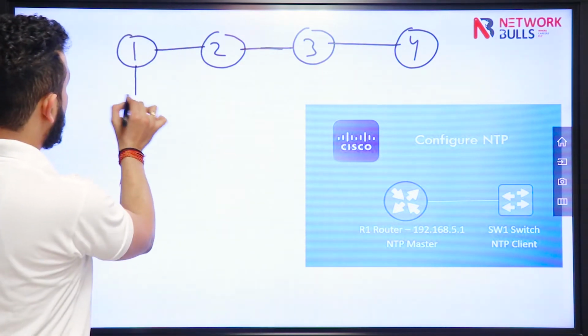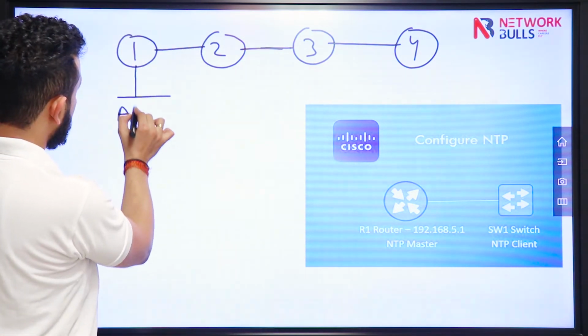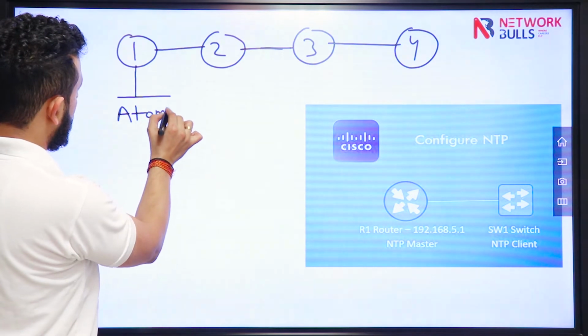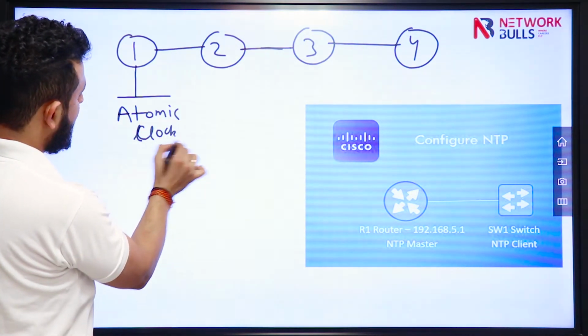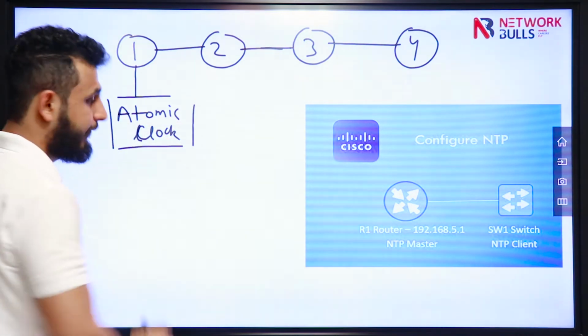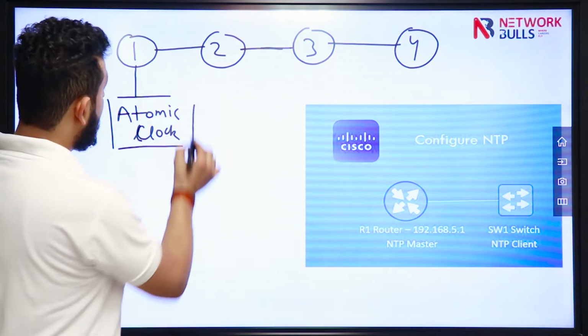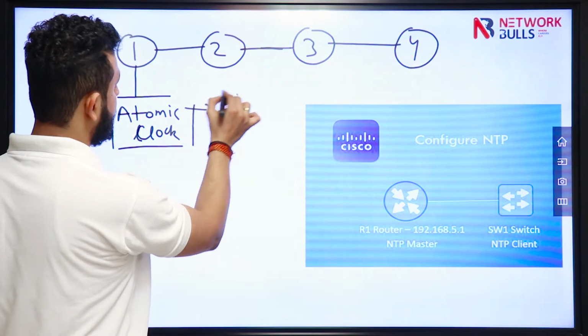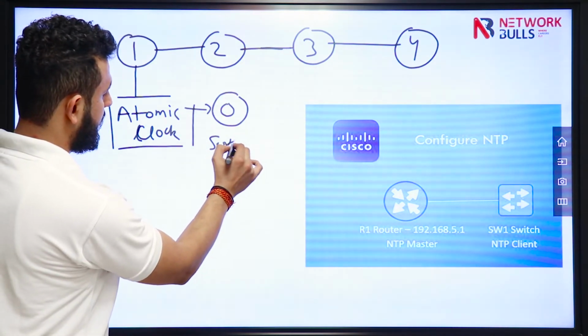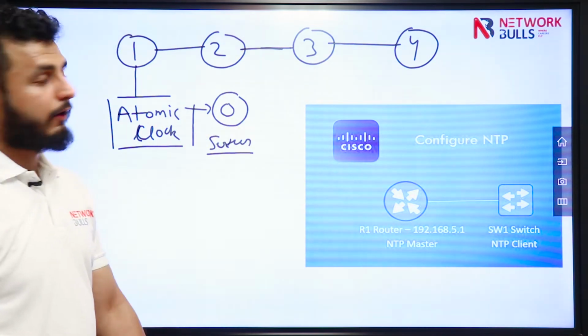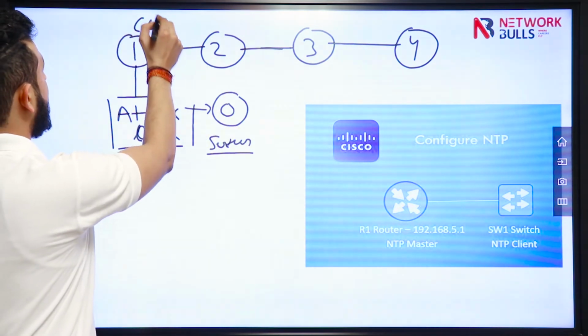So let's say this is your atomic clock, and we are just assuming it is using stratum value 0. So this is my server. Let's say R1 is client.